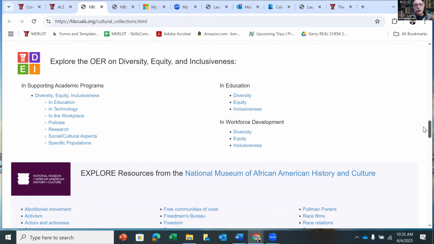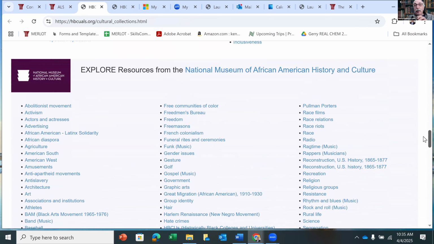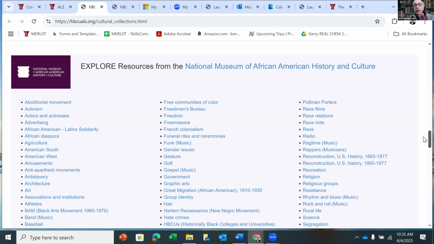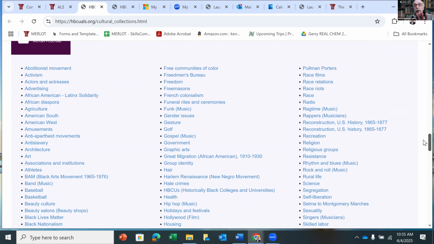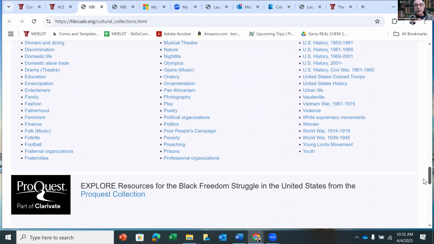We have resources about DEI here. We also, just so you know, have brought to the forefront the free materials at the National Museum of African American History and Culture right up front, so you can get directly into those materials.